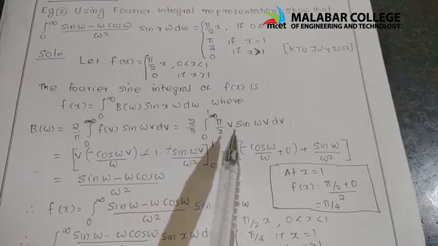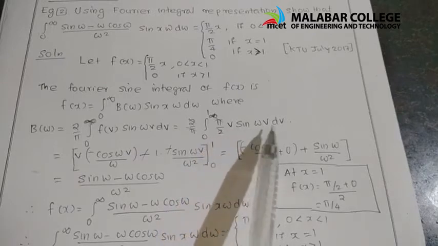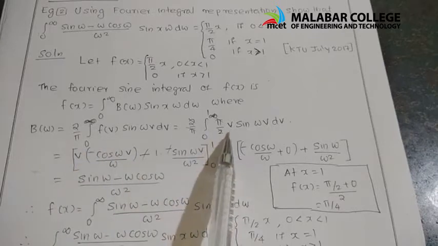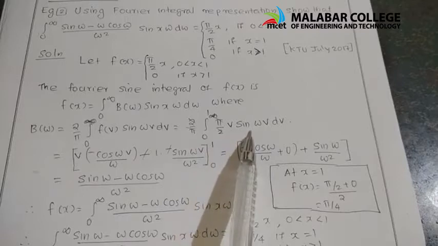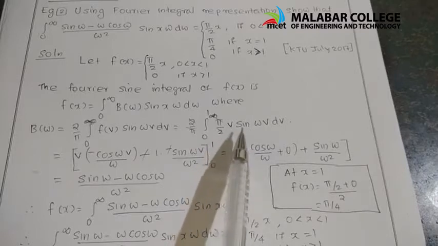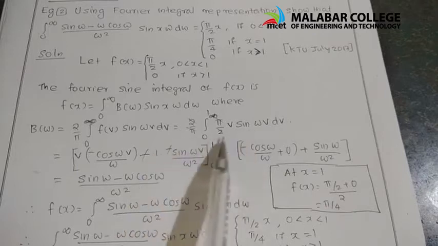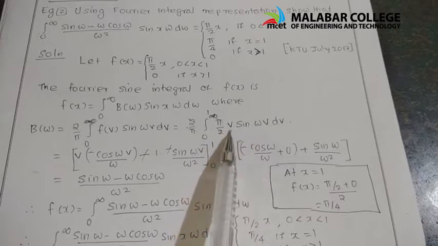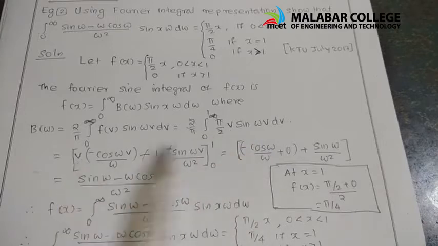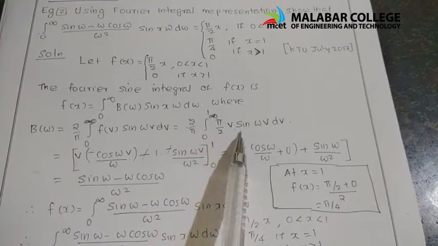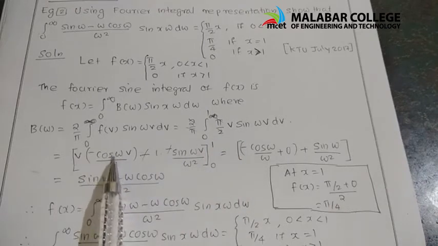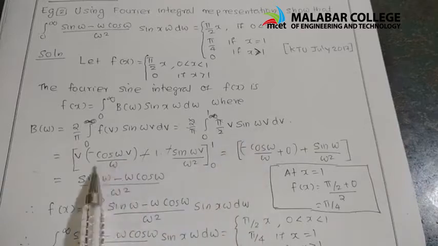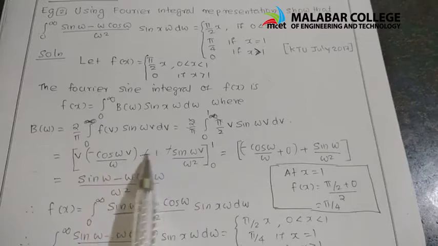So we have to integrate v sin omega v dv. For that we know the integral of uv: first function into integral of second, minus derivative of first into integral of second, plus etc. The first function is v, the second function is sin omega v. The first function v into the integral of sin, which is minus cos omega v, divided by omega, minus